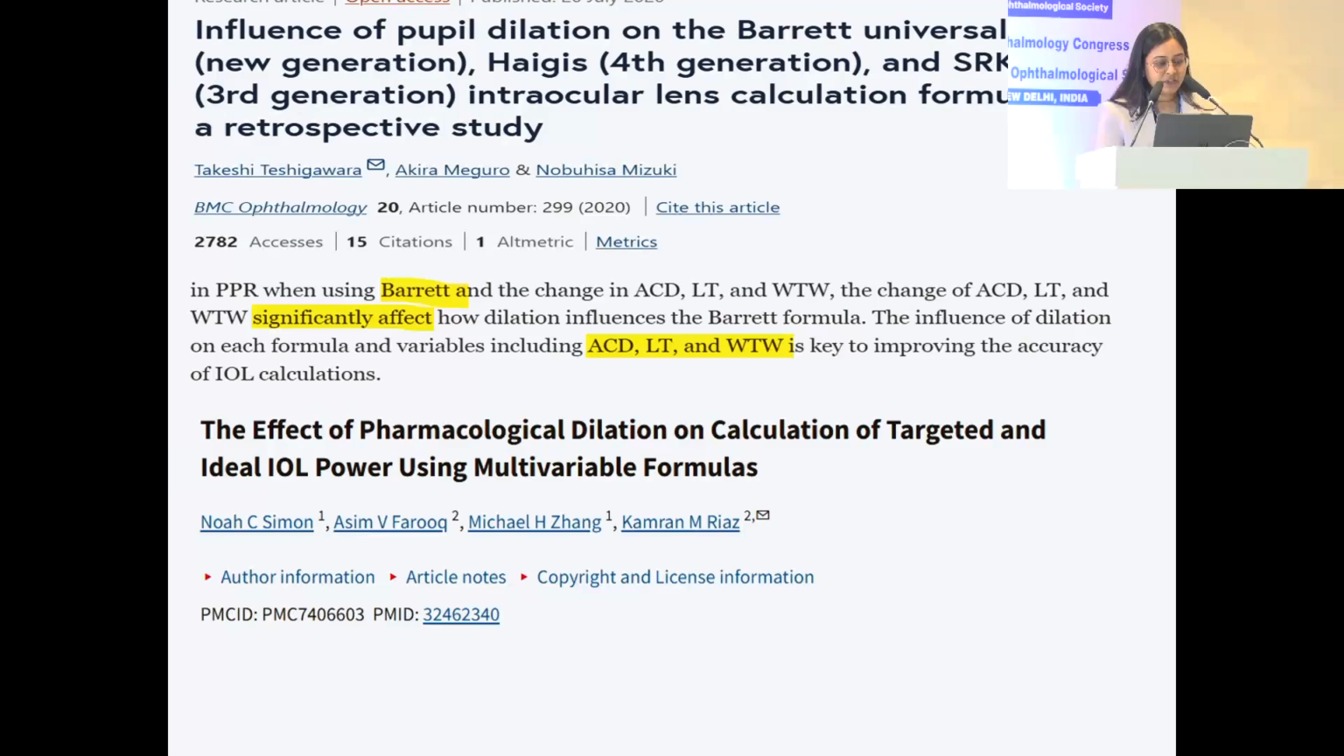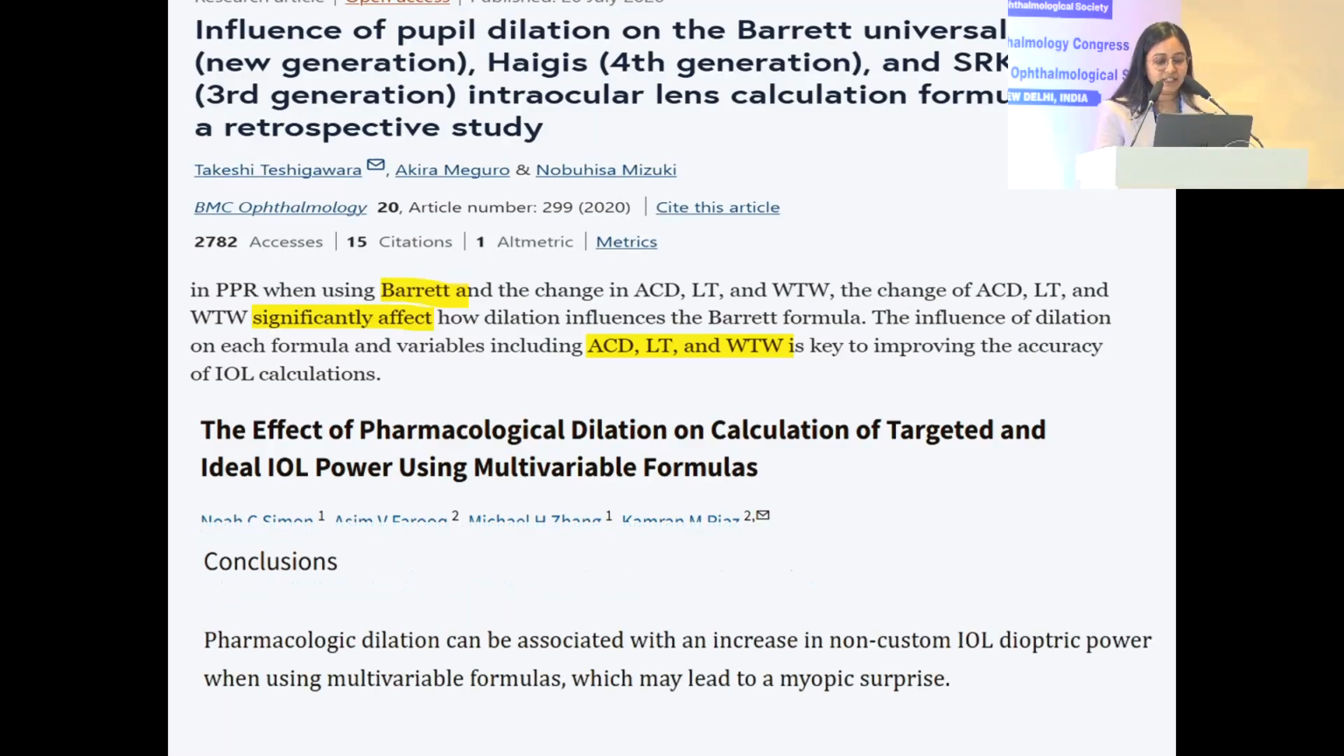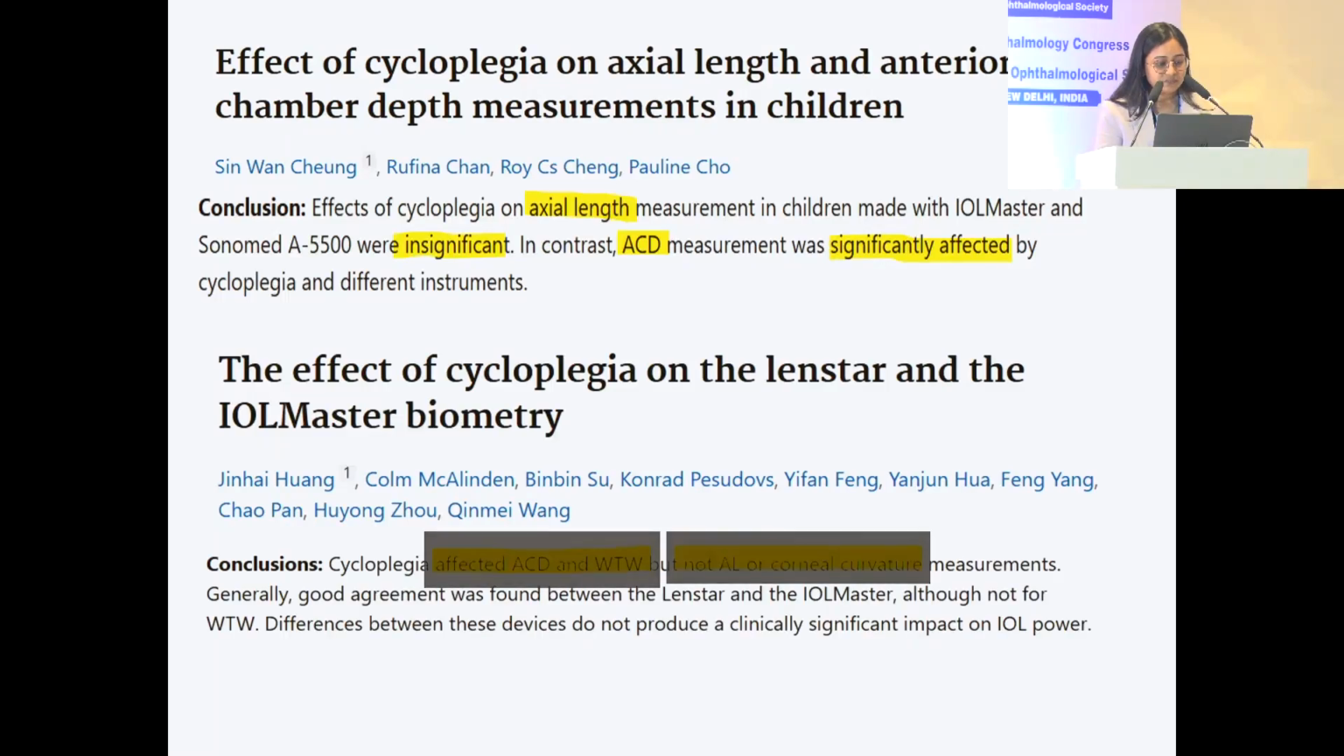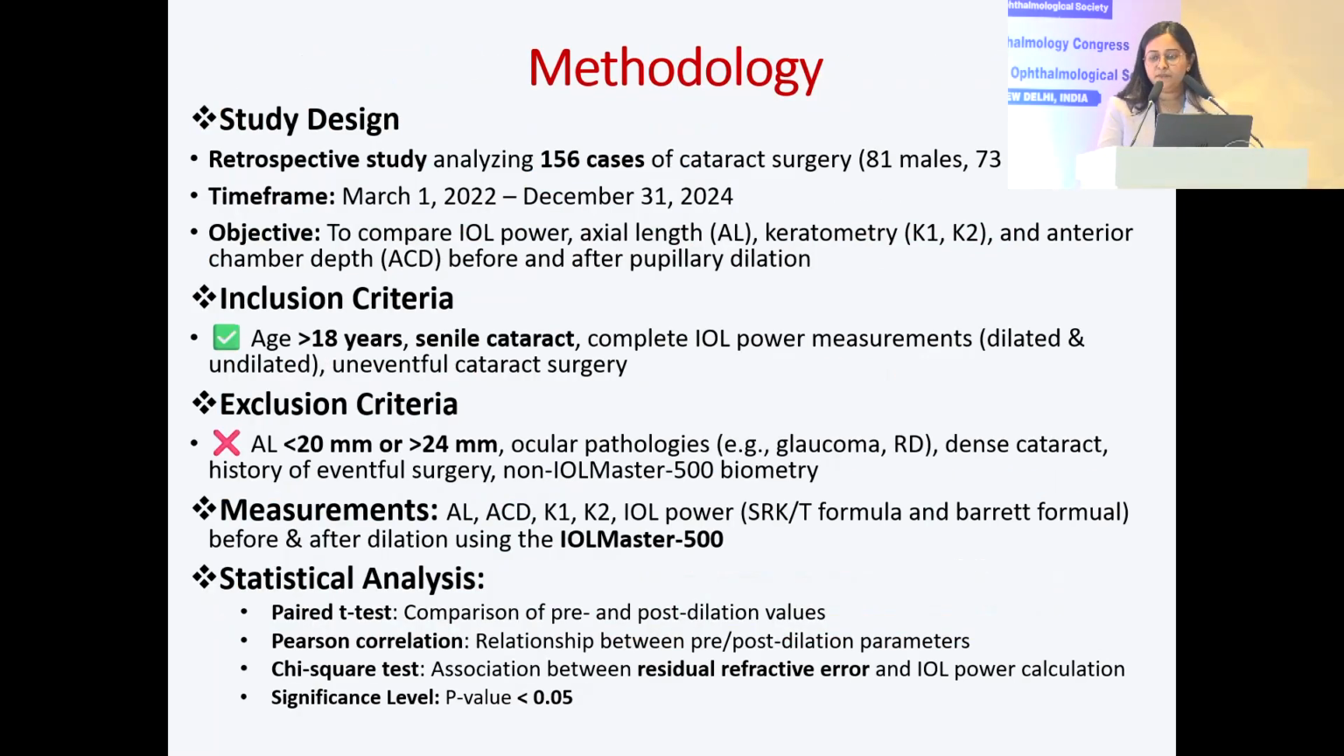Another study by Noha suggested that there might be a myopic surprise with pupillary dilatation, and another few studies suggested that it was insignificant. So this is my study. We selected 156 cases of cataract surgery, and we compared the IOL power measurements, axial length, keratometry values, anterior chamber depth before and after pupillary dilatation in the